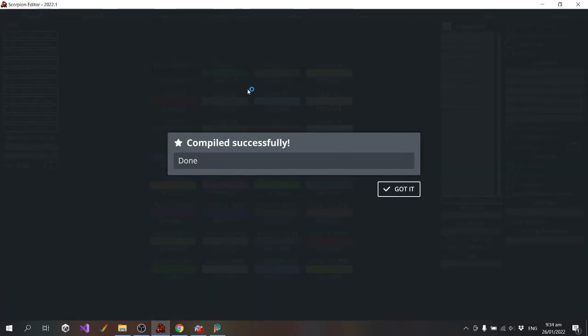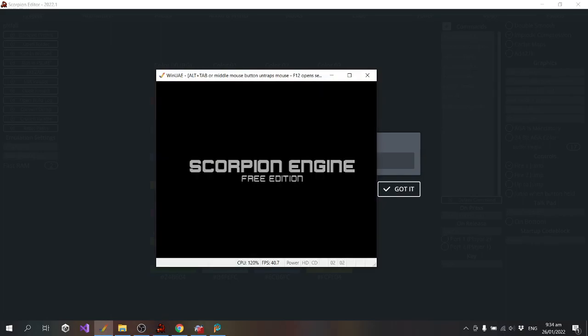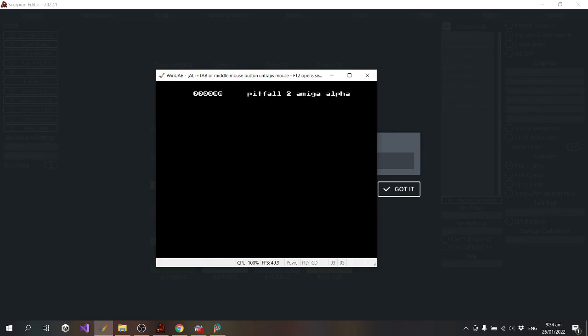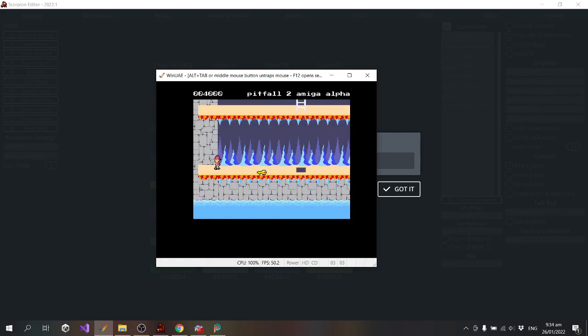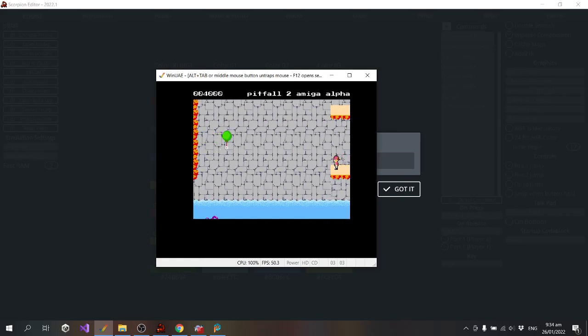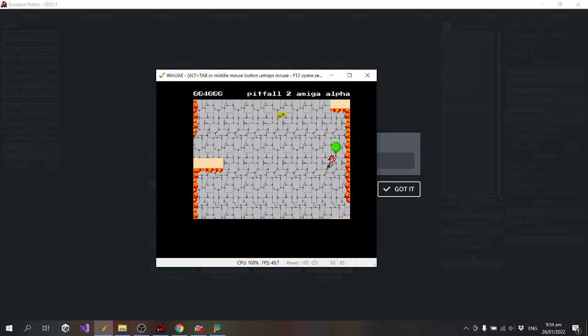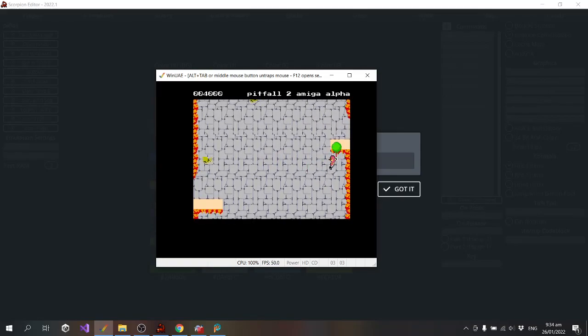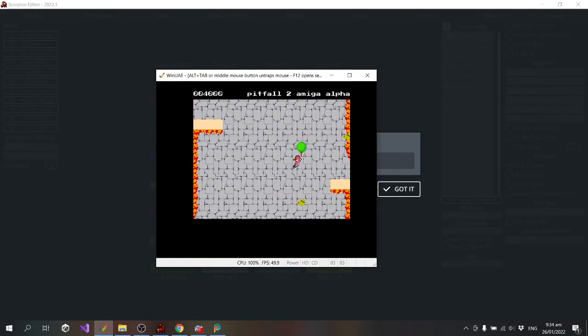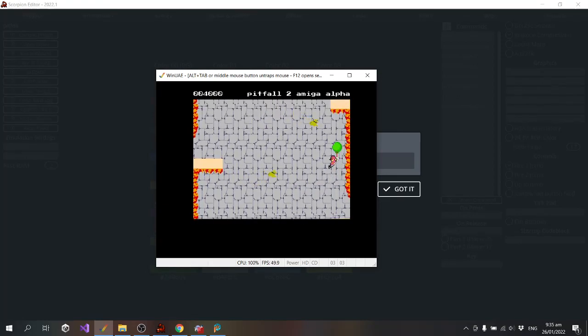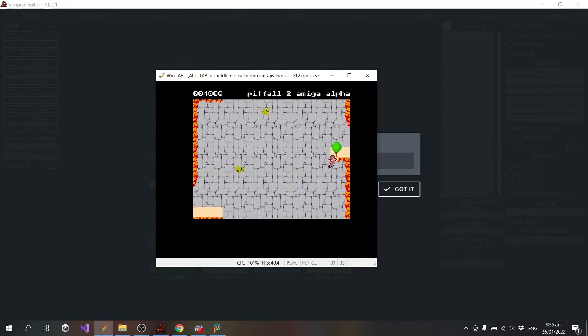Actually, Griffin, I'm not 100% sure if it was meant to pop or not when it hits the platform above. Part of the problem is we've got this platform right here. We don't want it to pop as soon as we get on the balloon. Yeah, I'll need to play the Commodore 64 version again to see what happens.